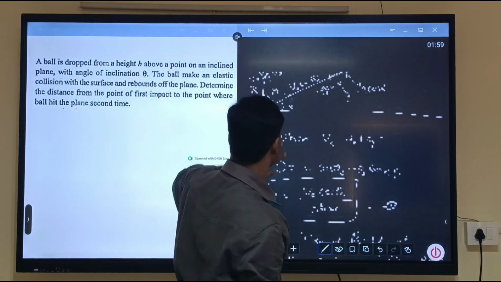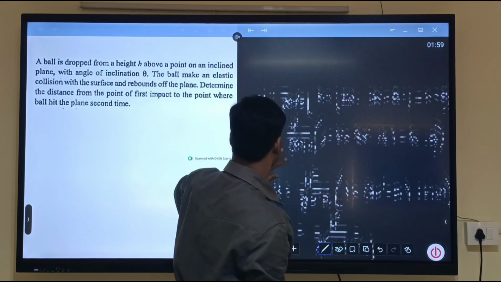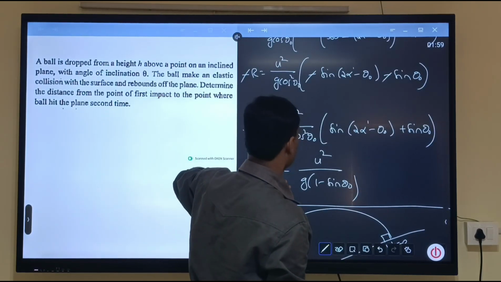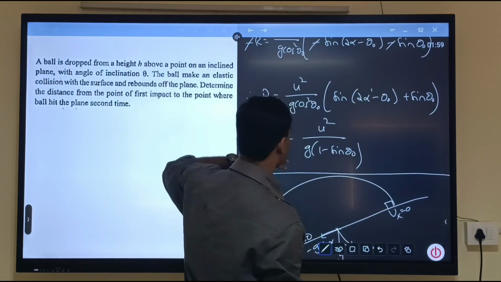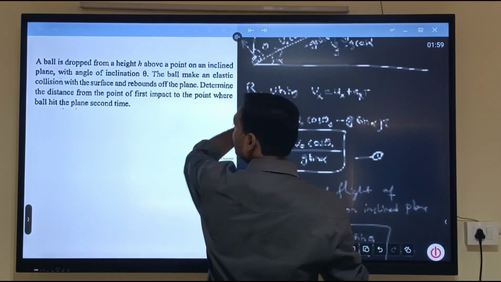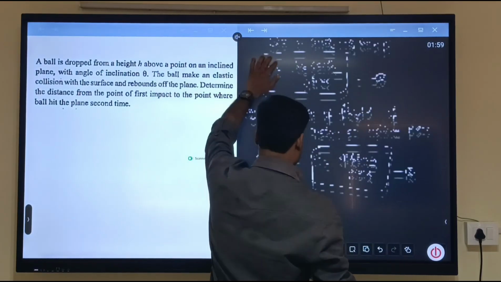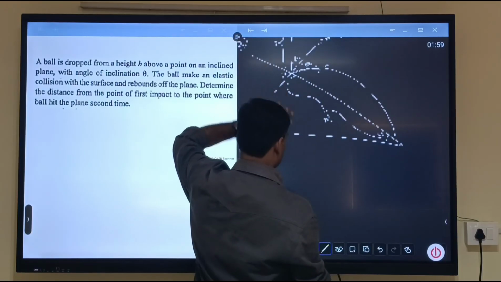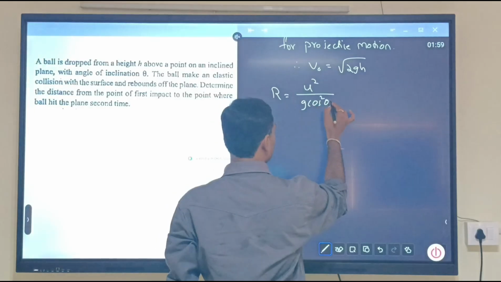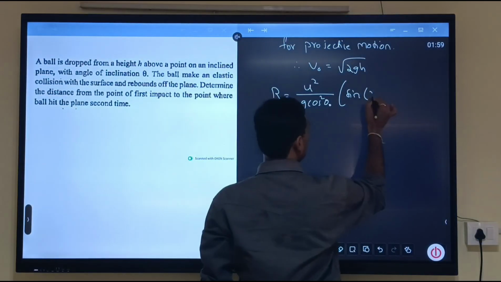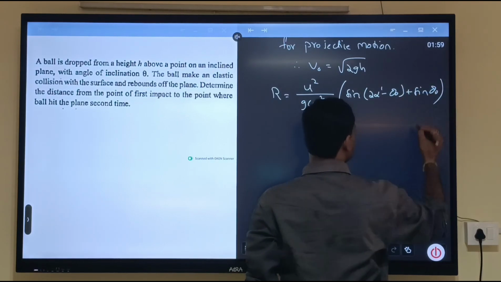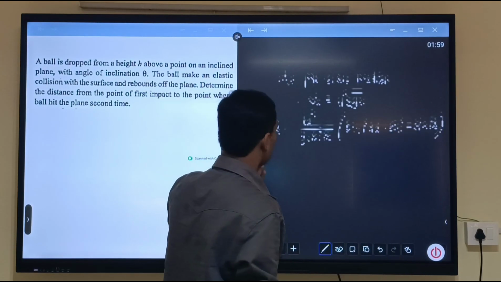The range value is given by R is equal to u square by g cos square theta naught, sin of 2 alpha dash minus theta naught, plus sin theta naught. Now, regarding the question,